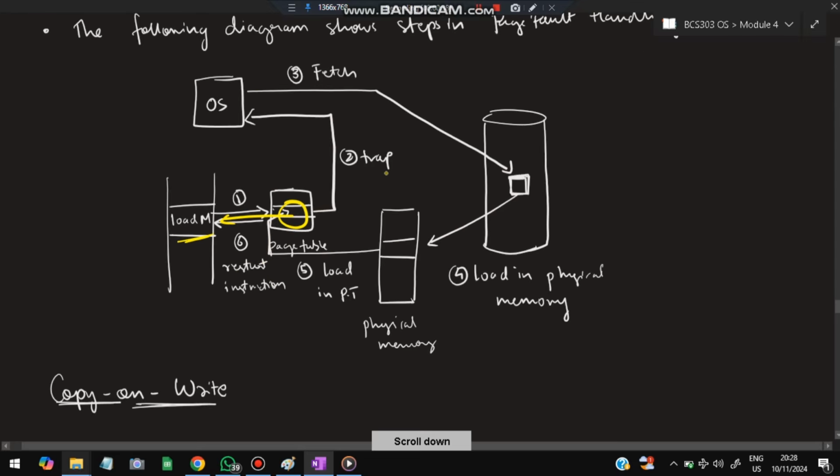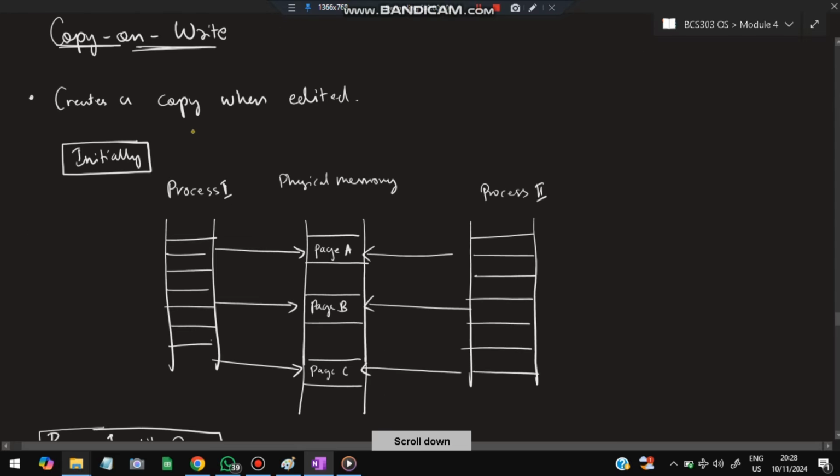Moving on to the next one, which is copy on write. Here, a copy is created when the page is edited. Here is an example of process 1 and process 2, and here is the physical memory. In physical memory the pages are present, and process 1 and process 2 are referring to these pages. Now, if process 1 wants to edit any of the pages, suppose that it edits